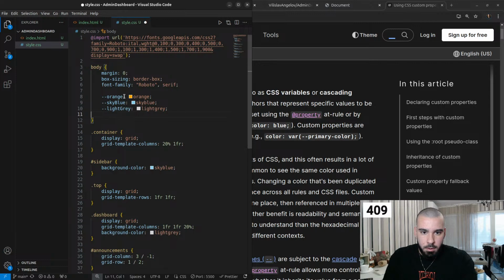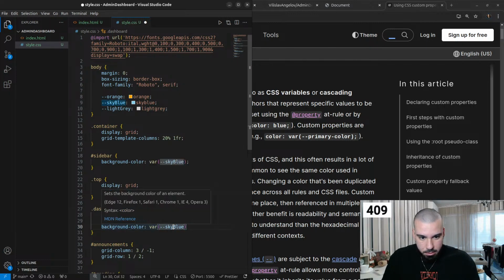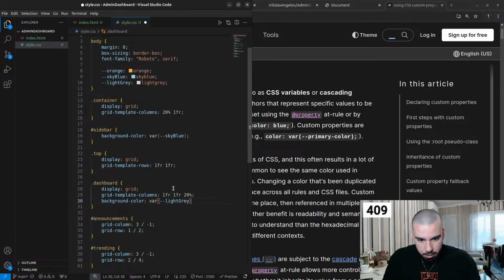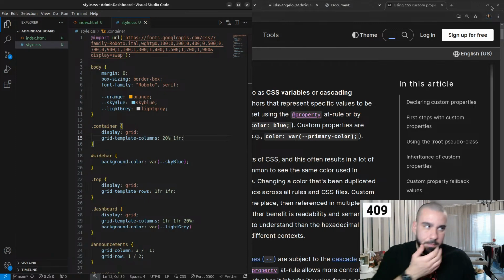Alright, so we have those colors, and we can already replace them with the variables. What was it? Var, and then there's a sky blue. Alright, here the dark gray, oops, the light gray, sorry. Light gray, and those are the only styles we use for now, the only colors. Okay,